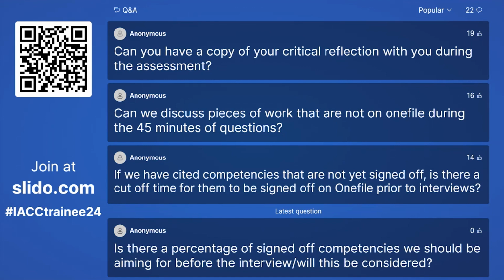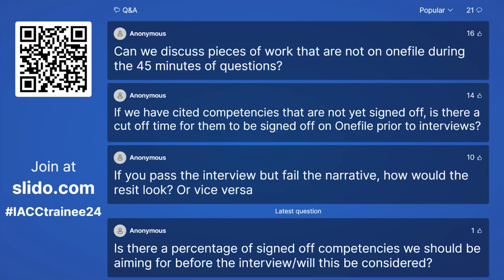Okay, can you have a copy of your critical reflection with you during the assessment? No, you cannot. You cannot have any additional materials in the room, and you cannot have anything open. So no books, nothing else on your screen. Okay, thank you. And can we discuss pieces of work that are not on one file during the 45 minutes of questions?